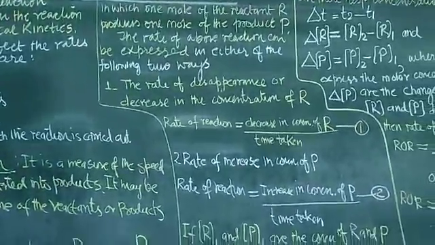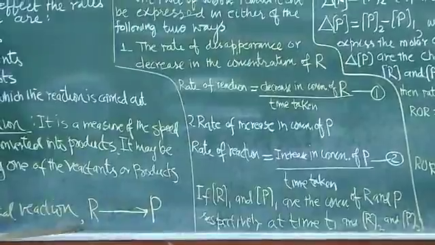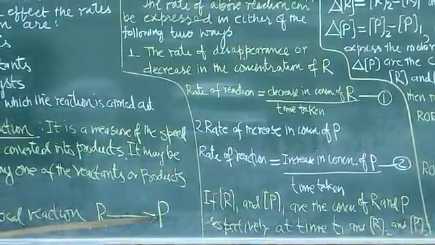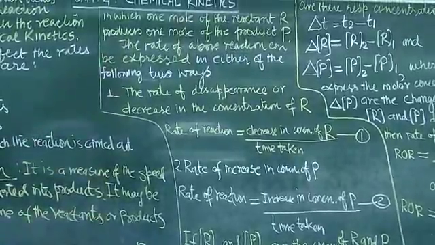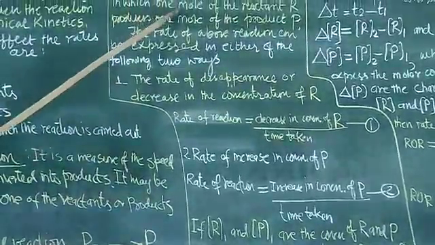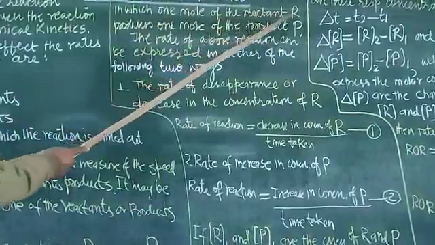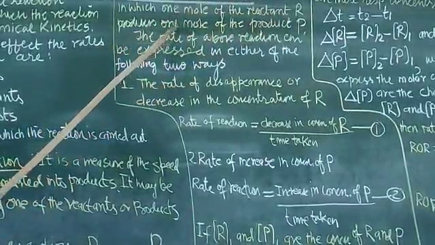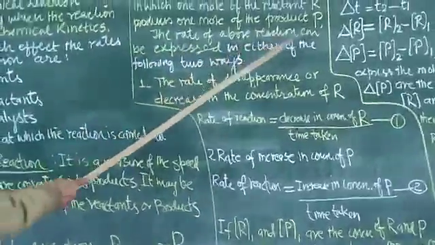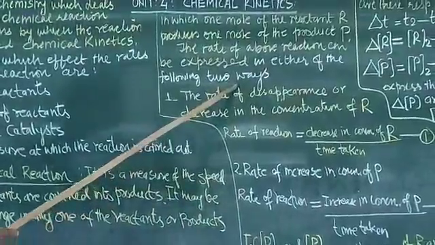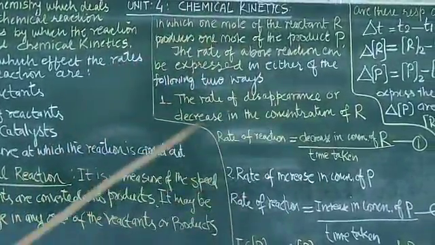Now, consider a hypothetical reaction, R giving P. What is R here? R is the reactant and P is the product. Here, R turns into P, in which 1 mole of the reactant R produces 1 mole of the product P. The rate of the above reaction can be expressed in 2 ways. What are those 2 ways? Number 1,